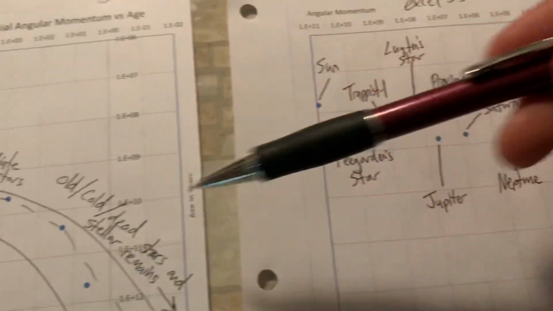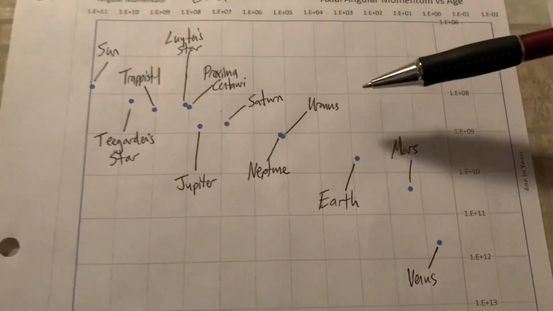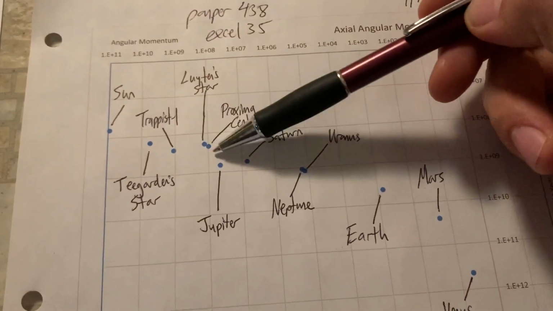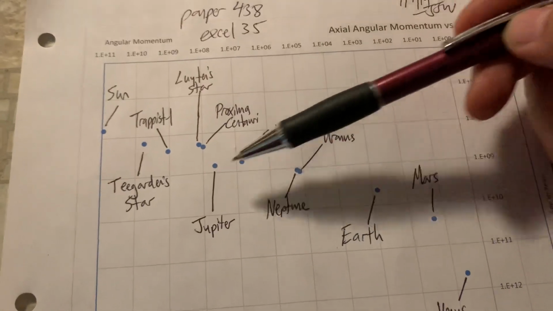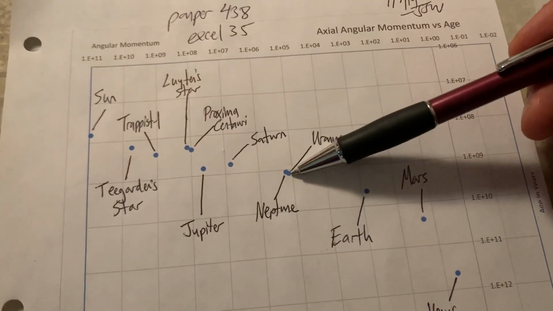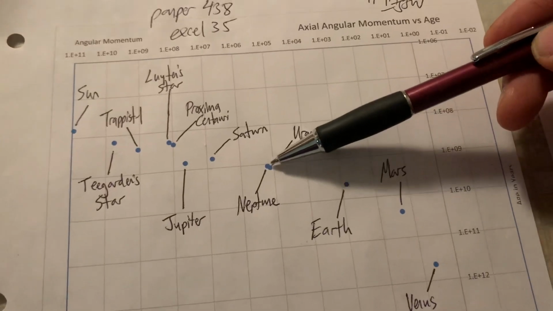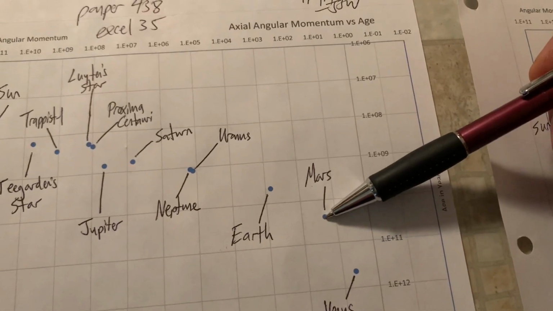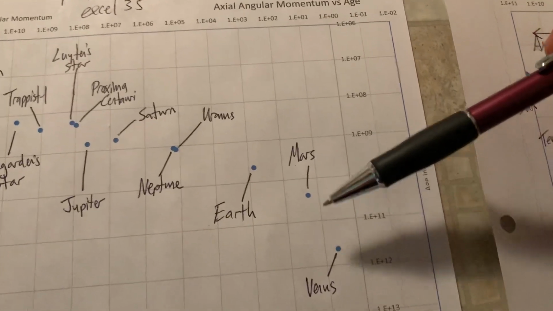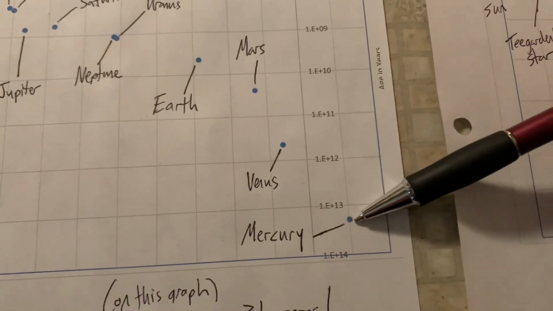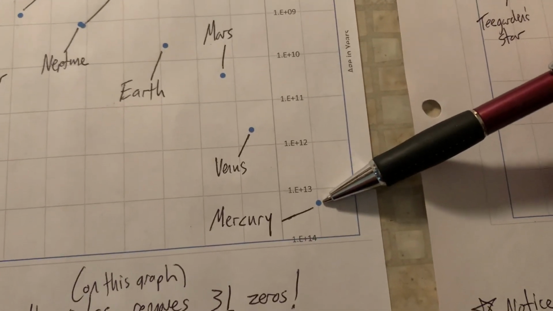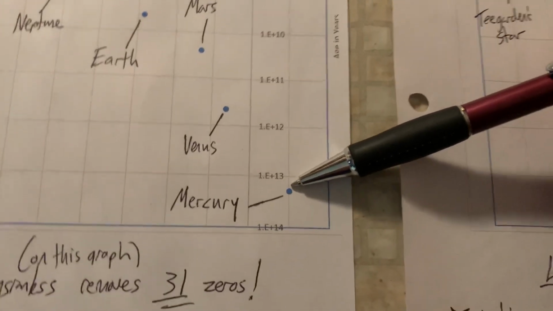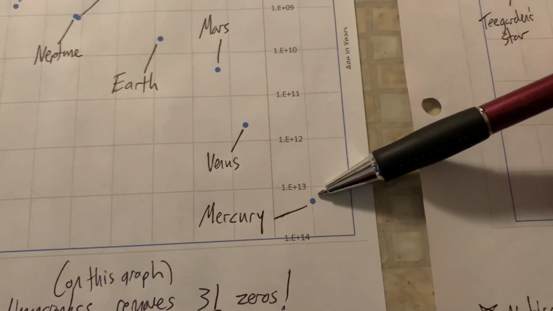And to give labels for these objects that I have plotted here, I had done the calculations for these objects. The Sun is right here, then Tagarden's Star, TRAPPIST-1, Luyten's Star, Proxima Centauri. Jupiter, Saturn, Neptune and Uranus are very close in age and close in axial angular momentum. And Earth, give it another couple billion years, a few tens of billions of years, hundreds of billions of years, and then eventually you have trillions of years, where Mercury is by far the oldest main object that is considered a planet in our system.